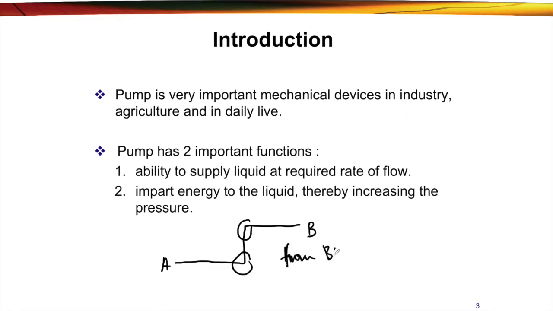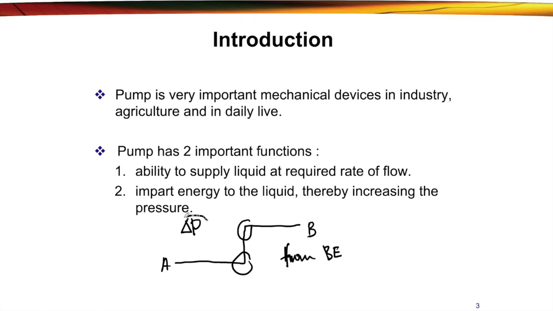From Bernoulli's equation, we will calculate what is the delta P, the pressure loss in this system from point A to point B, which includes the potential energy, kinetic energy, major losses and minor losses. So this delta P is the amount of pressure that is required for that fluid to flow from A to B,